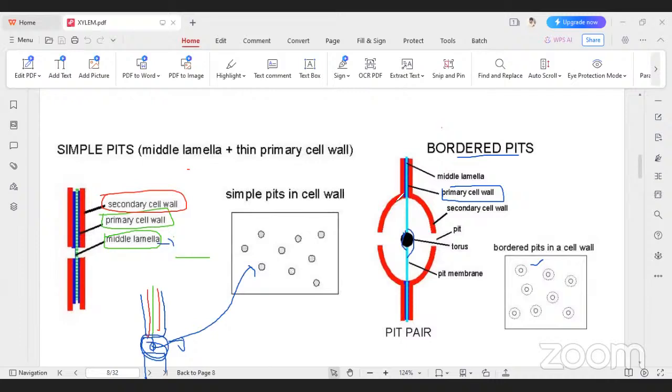The secondary cell wall looks like a bow-like shape, like this. Middle lamella, either side primary, but in the secondary wall layers,